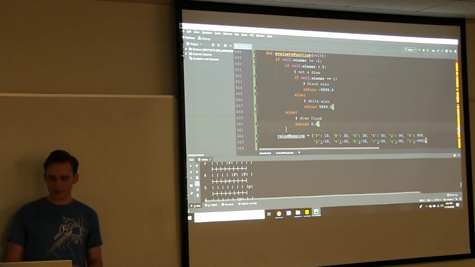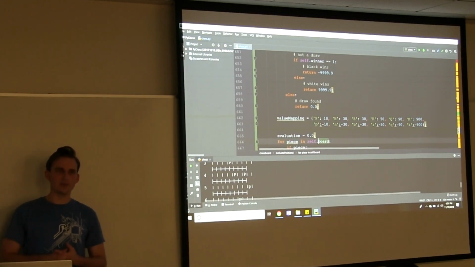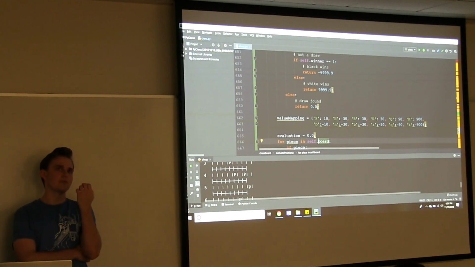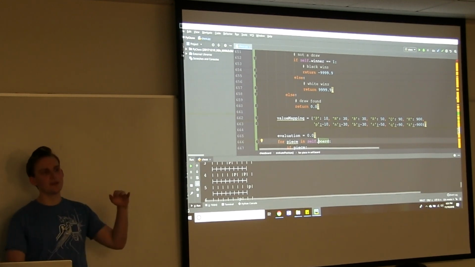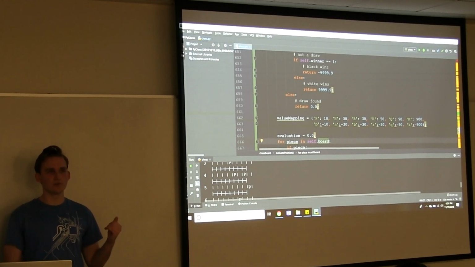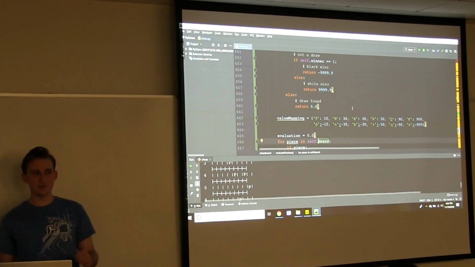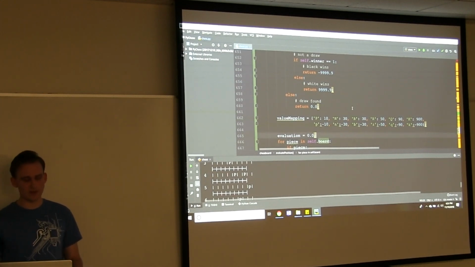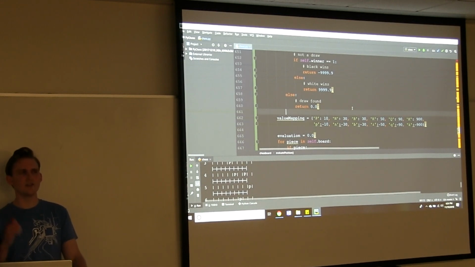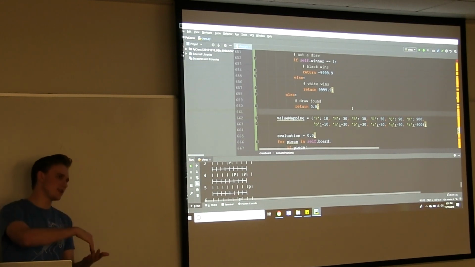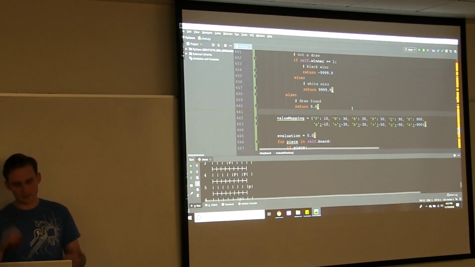After evaluate position, we're looking at a board state from the perspective of the computer, and we want to tally up which move that we make is best. We want to look at the evaluation at each of those board states in our legal moves. In order to do that without actually making the moves, we need a way to simulate the moves. Essentially, we need an undo function so that we can look down into the game tree and then come back up.